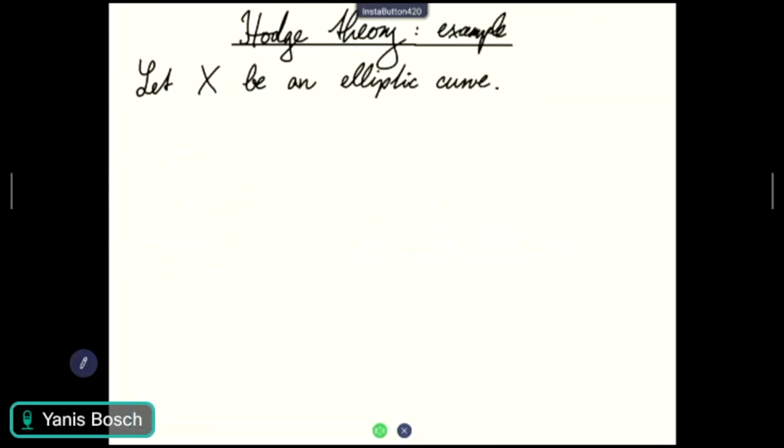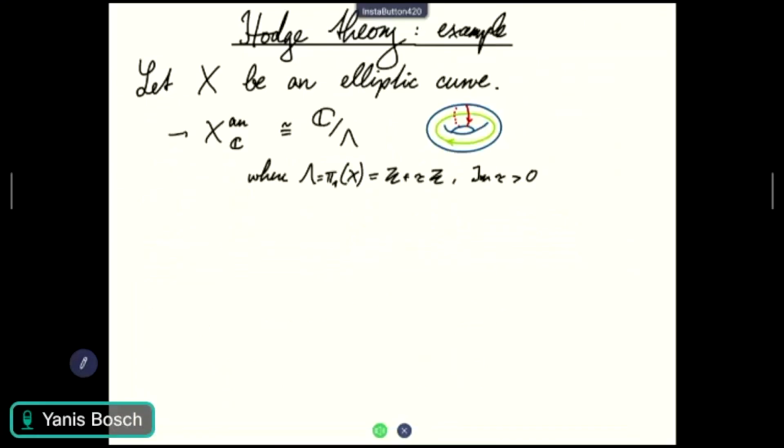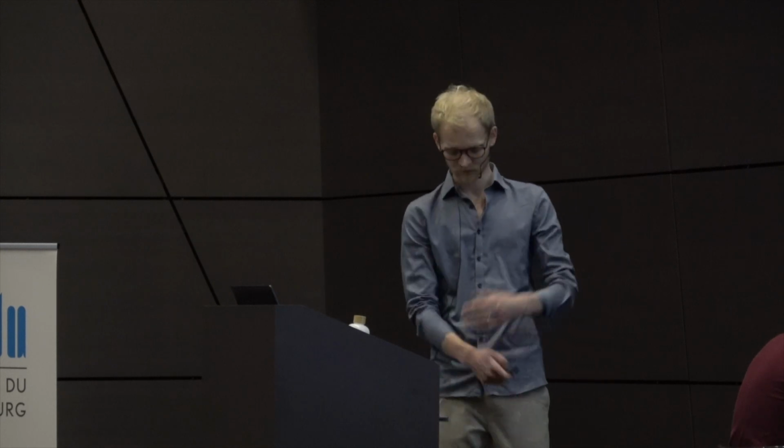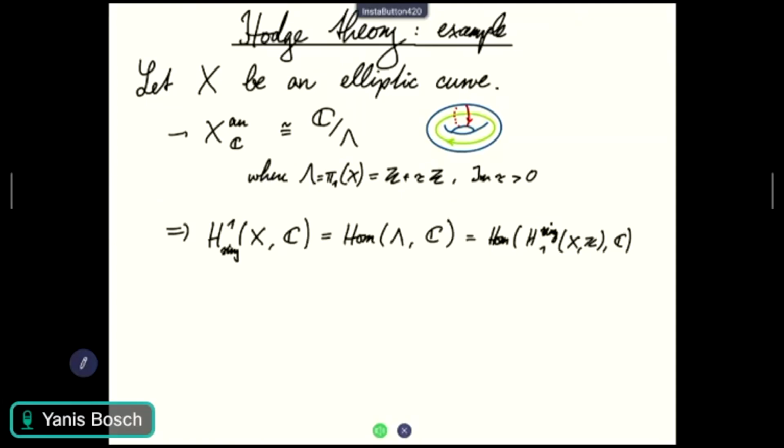Okay, so just as a concrete example of what this might look like, if I now take an elliptic curve, then the associated complex manifold is a complex torus. And I can consider this as a topological uniformization as well, because C is the universal cover of this elliptic curve. So in particular, this tells me what the topological fundamental group of X is, namely it's this lattice. And I can use this to compute the singular cohomology from this uniformization, namely it will be somehow the additive characters of this lattice, if you like, which is just the same as the dual of singular cohomology, of course,